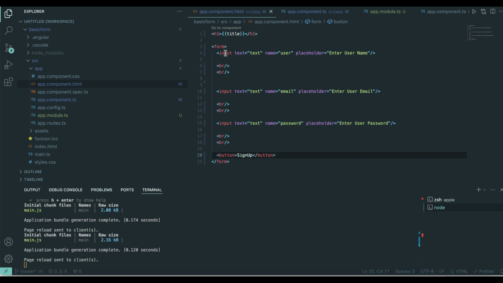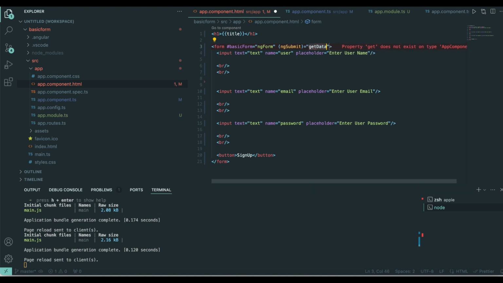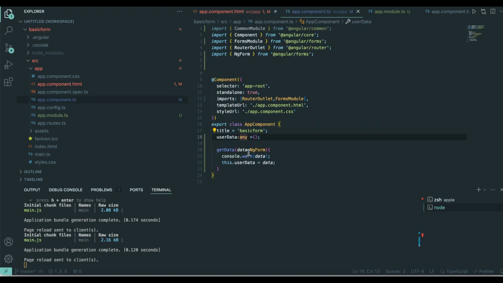So now let's jump into how we can add a form. For the form, let's mention one basic form, right? And for the basic form we will add ngForm, and for ngSubmit, right? And here we will add some sort of data, getData. But getData does not exist. Okay, it is already there. I have made it already. So now in getData,